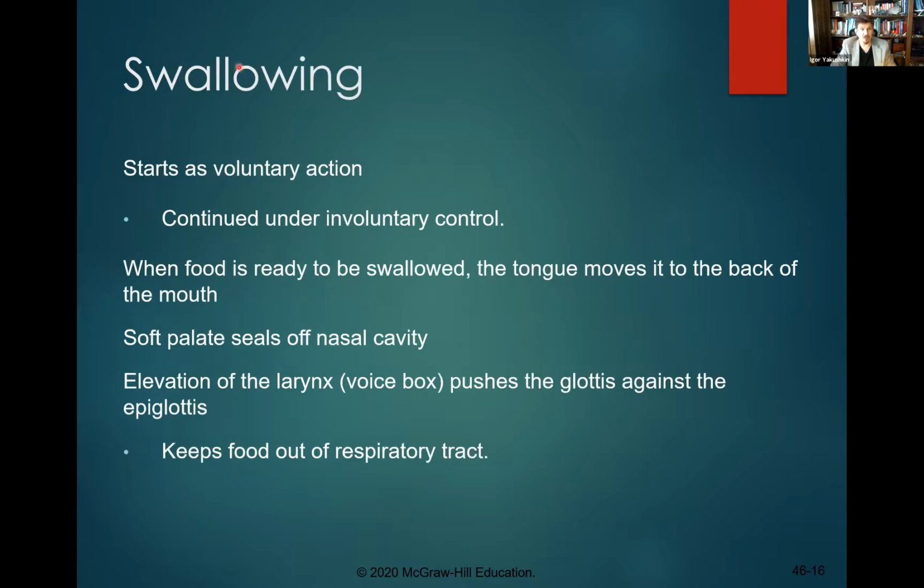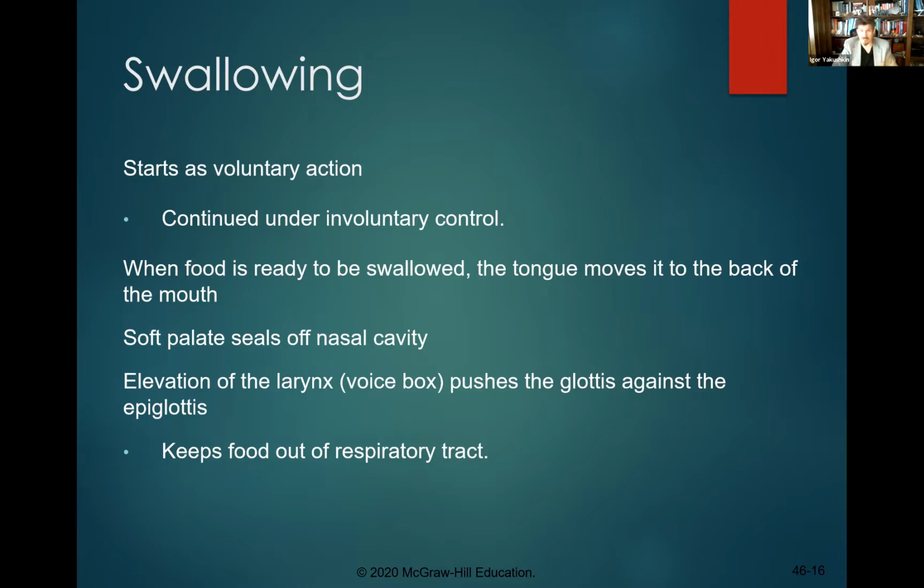Anyway, swallowing generally starts as a voluntary action, but everything after you swallow, as soon as the bolus of food gets into the esophagus, it moves without our control. So the food is ready to be swallowed, the tongue moves back in the mouth, and the soft palate seals the nasal cavity, so the food will not get into your nasal cavity. And then there is something known as the glottis. The glottis will be pushed against the epiglottis, closing down the respiratory tract, so the food will not get into the